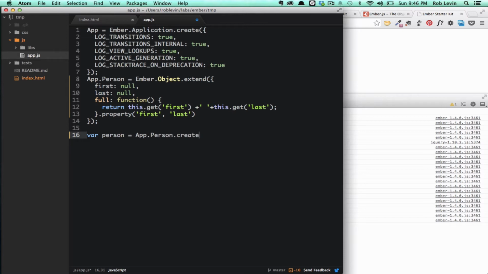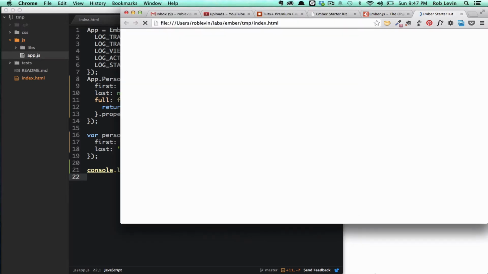Person create, and first will be Rob, last will be 11, and let's just log, or rather log person dot get full name, and that should have my name,